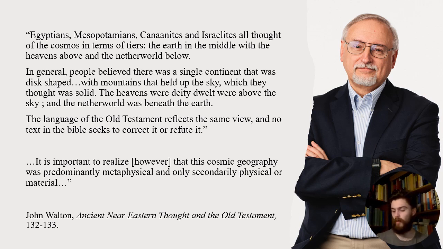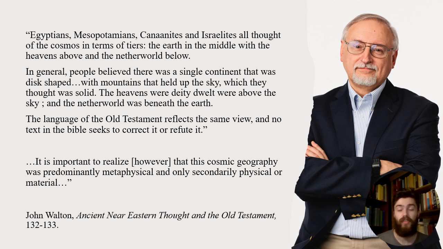And this is very different to how we as modernists understand the world around us. We communicate in terms of scientific materialism. We describe things as they are, or we like to think that that's how we describe things. And so when we describe a mountain, we would talk about the mountain in terms of its physical makeup, its structural makeup, rather than talking about its symbolic meaning or its religious significance. And that's where it means that the ancient understanding of the cosmos was largely metaphysical. It was a way to describe how things appeared to function and the meaning that those functions communicated, rather than an empirical materialist view that we as modernists tend to carry.